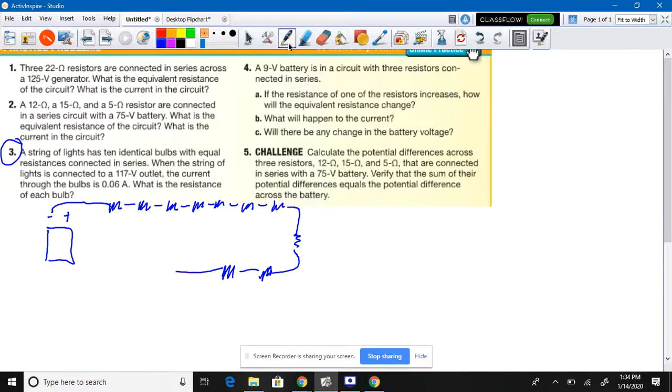This looks like the Griswold's house over here. So what do those little squiggly lines represent? Resistors. There's 10 of them. And each one, well, we don't know. But we know that it's a 117-volt outlet. And we know that the current I stays the same in a series circuit. But since these are all identical,